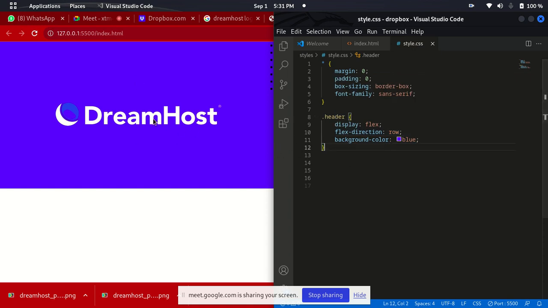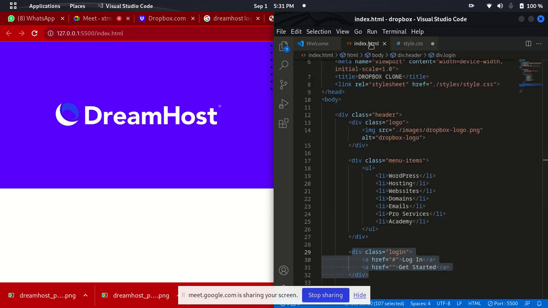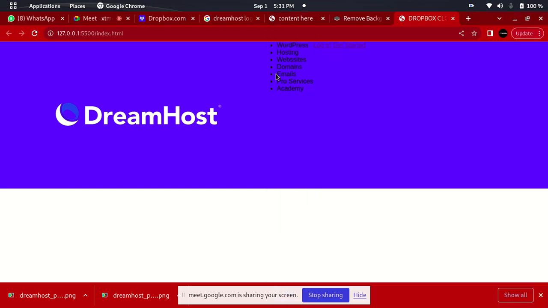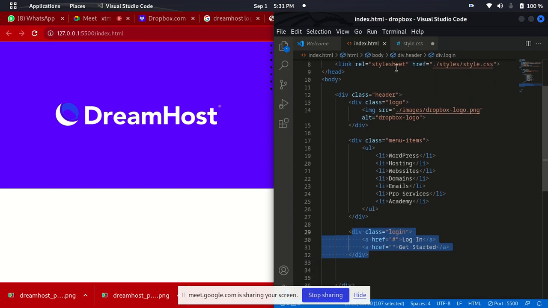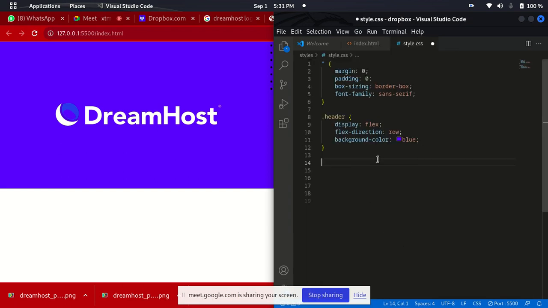Okay, let me target this image now and do something on it. The class of the image is logo, and the image itself is img. So if I want to target the image directly, I can just say dot logo img. That means I'm targeting the image inside this class. I'm going to give it a width